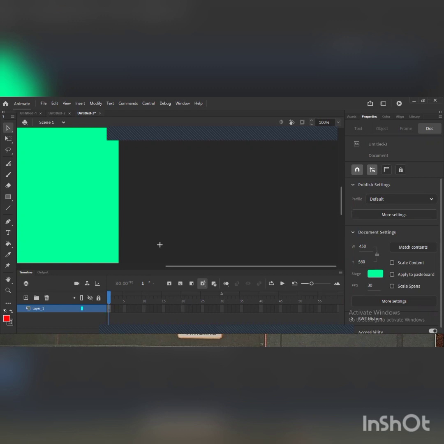So how can we use the tools? Look at here, this is the tools panel, like you have seen in Paint also. Various tools are there. If you want to draw anything, you can use the tools. By using the tools, you can draw something, you can select an object, you can modify your object. So this is the tools panel. In the next video, we will discuss some tools from the tools panel.